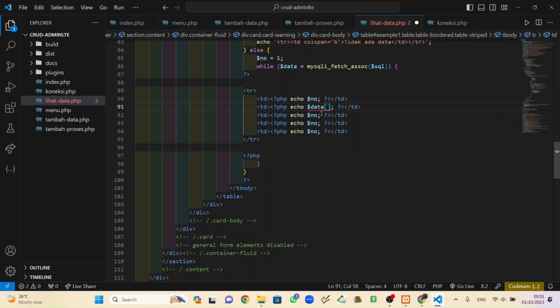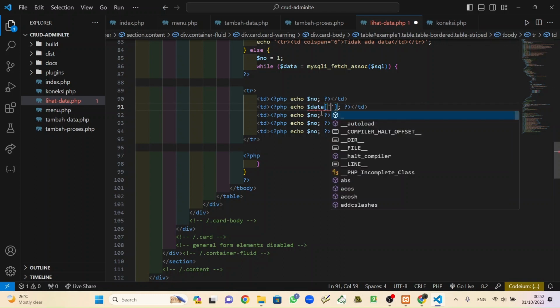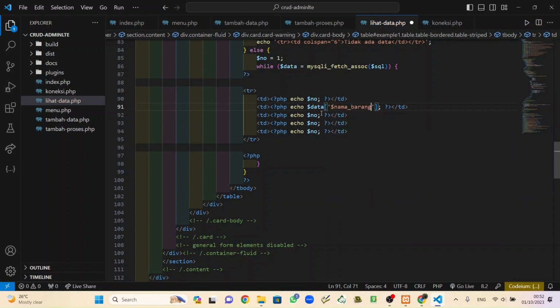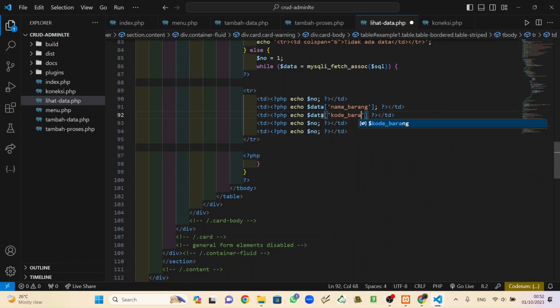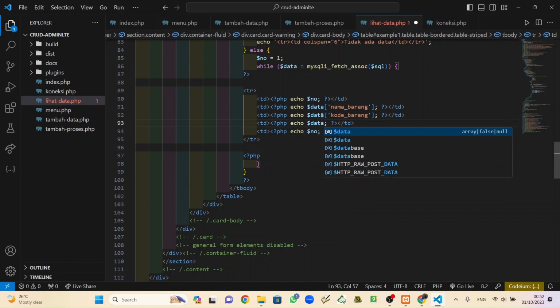Inside data, the first one we want to make appear is nama barang, not variable. And the next is data again. Nama barang, kode barang. Semicolon.